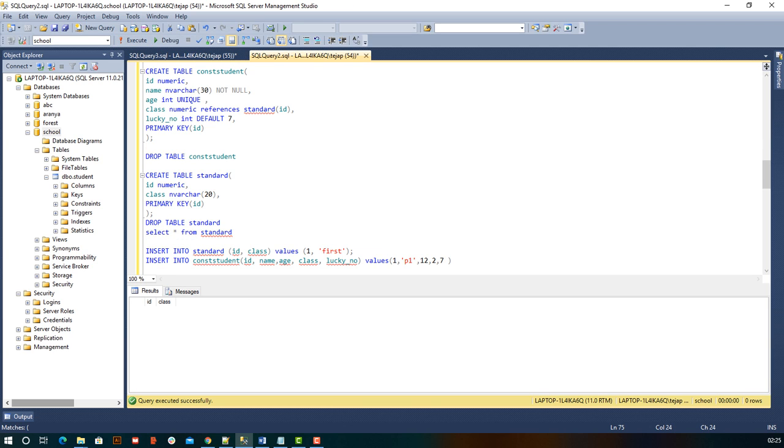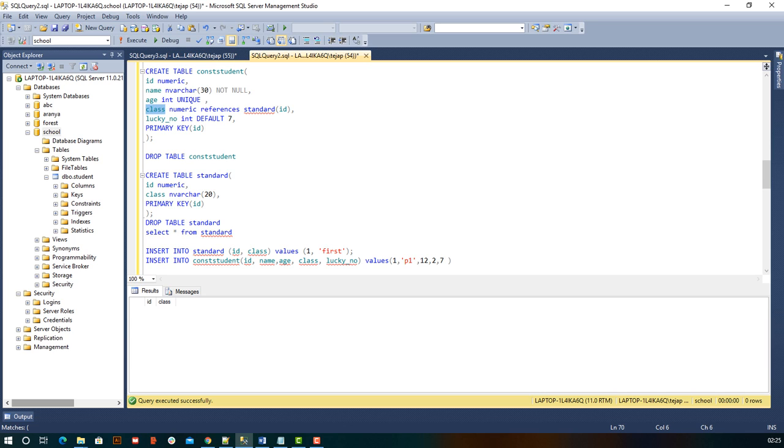Now we are going to create one more table called const student, in which we have all the student fields like ID, name of the student, age of the student, lucky number, and class of the student. This class of the student is of type numeric, which is referencing. So this is how we add a foreign key. Once you see the complete example, then you will understand what a foreign key is.